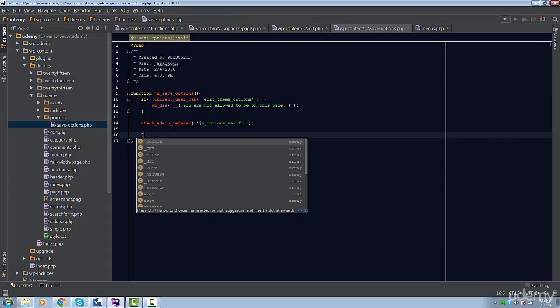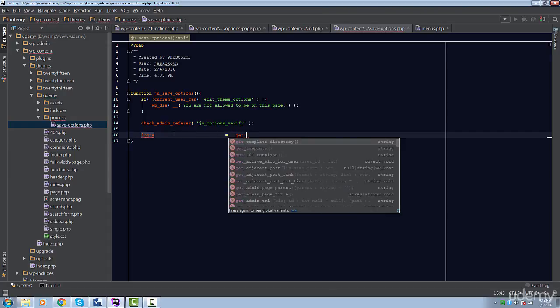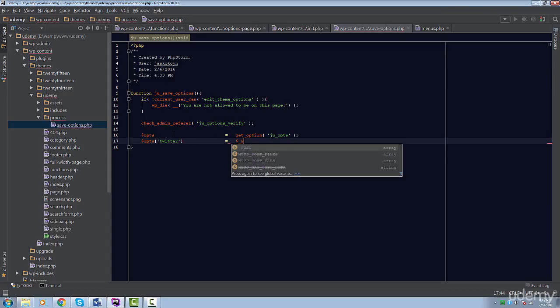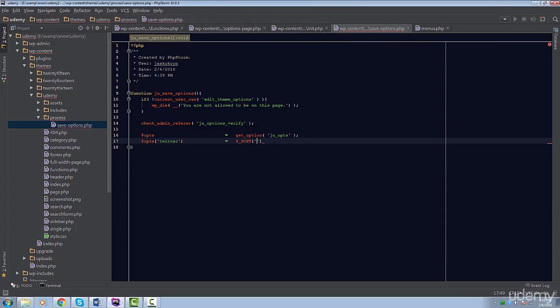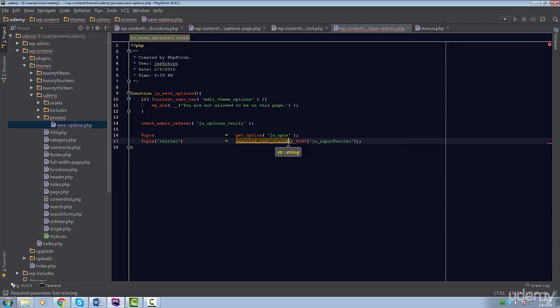We can now start processing the form data and save it. We're going to grab our ju_opts option so we can override its options. The first option we want to update is the Twitter option. We're going to set this value to its equivalent $_POST variable, which is ju_input Twitter. I'm going to wrap this variable inside a function called